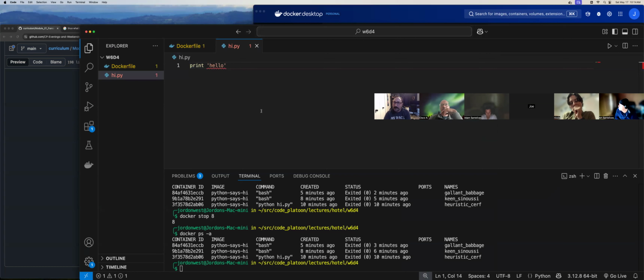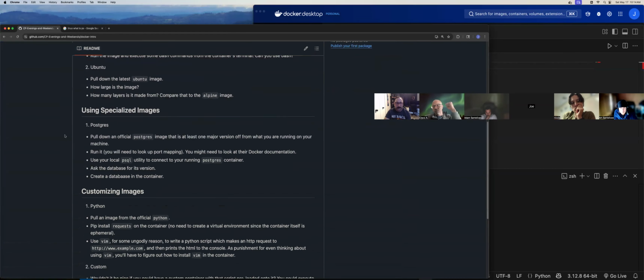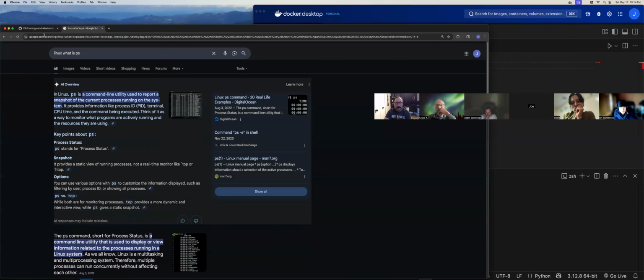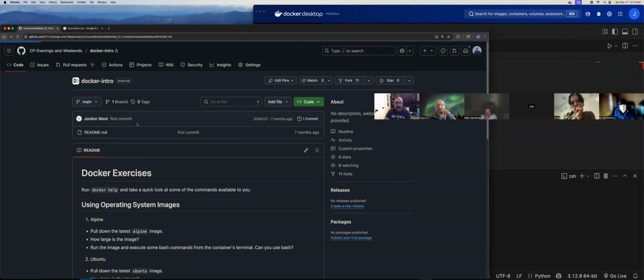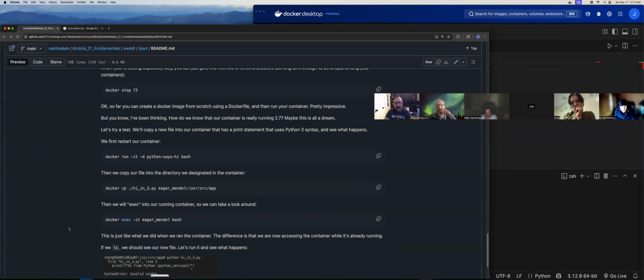I think that's all I want to show for today. We get more into this with these Docker introduction challenges. But questions about this lecture, about Docker, about anything I've shown,